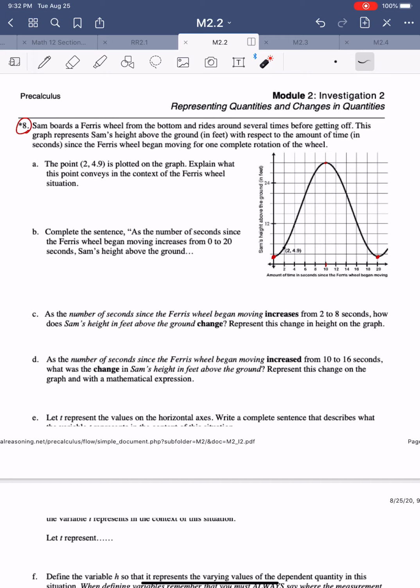So the x-axis represents the amount of time in seconds since the Ferris wheel began to move, and the y-axis represents Sam's height above the ground in feet. Which means 2 is the value of x and 4.9 is the value of y. So this means that